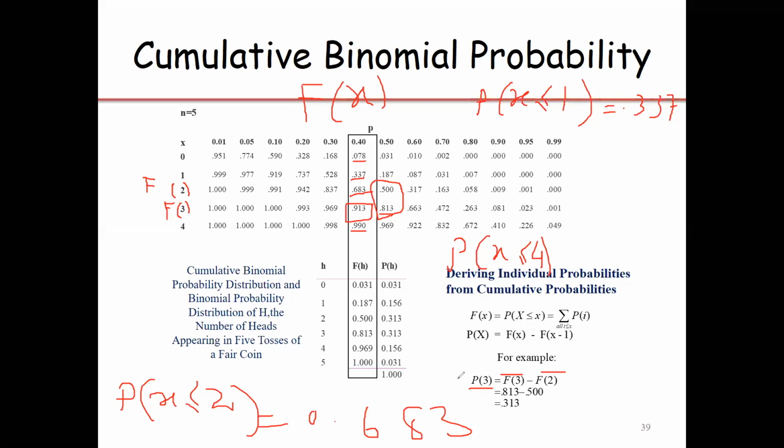But if the table is not cumulative, you have to add the probabilities instead of subtracting them. Suppose I am interested to find out the probability of x greater than 2 and less than 4, and I do not have a cumulative table. So greater than 2 and less than 4 means what? Probability of 3 itself. If the table is not cumulative, this probability will directly be available in the table.